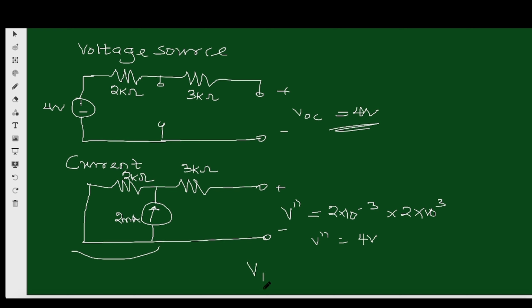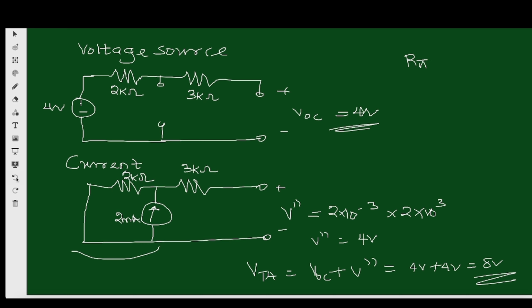So what is our VTH? VTH by superposition means that we are adding the response of each source to each other. So we have 4 volts plus 4 volts, which is 8 volts. And of course, to get RTH,